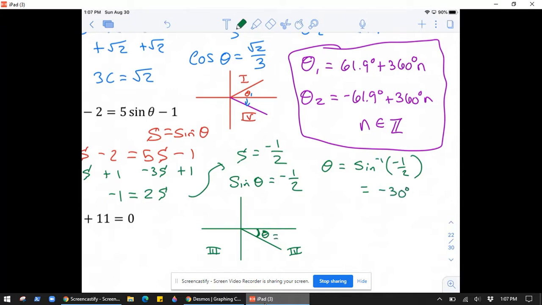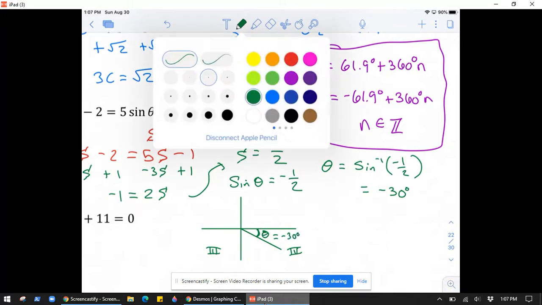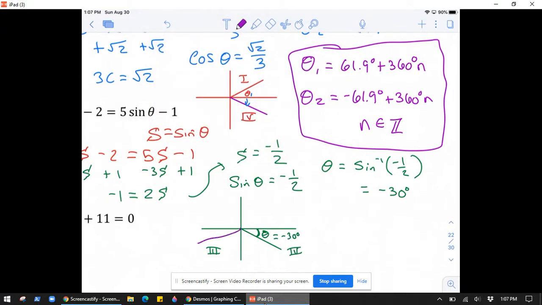So this here is -30 degrees, which tells me that my other angle must be over here in quadrant 3, where the reference angle is 30 degrees, and I need to add 180 to that to get 210 degrees. So our first angle is -30 degrees. The other one is 210 degrees. And to give all answers, we write